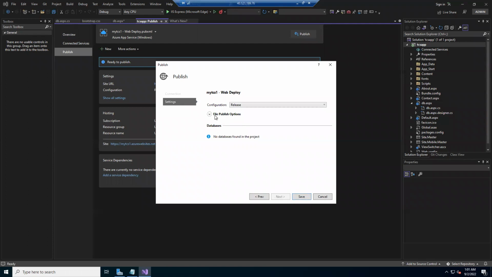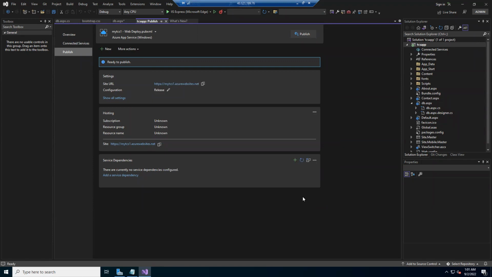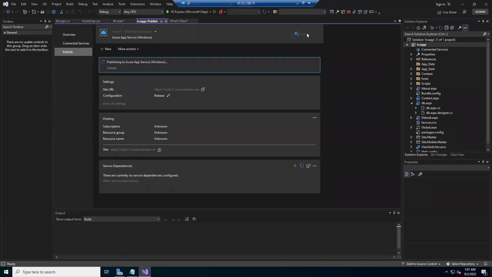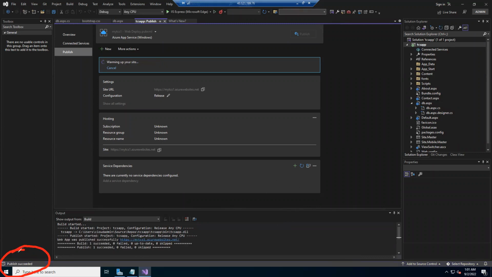Okay, next target. If there are any pages, then automatically they will get deleted or overridden with new pages. Now publish. Build started. Here you can check the status. Okay, yeah, build started, publish succeeded. Okay, so if you see that message,